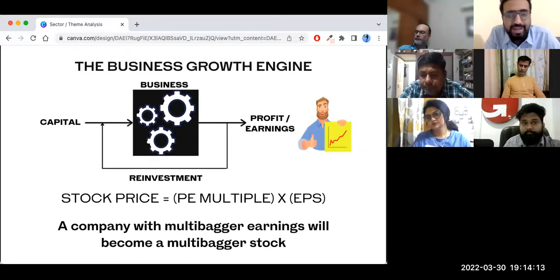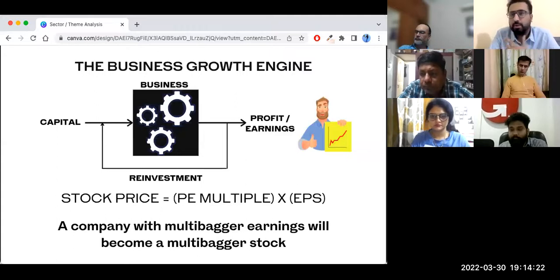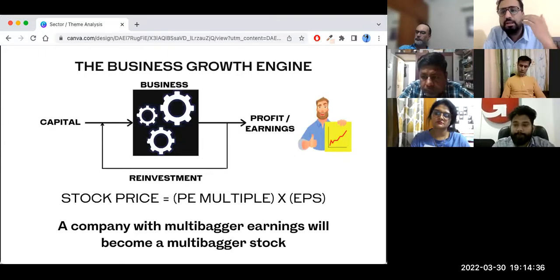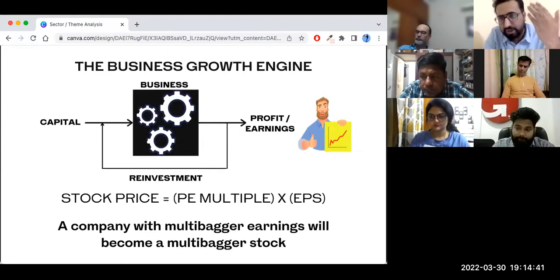So let's say on day one, I invested 100 rupees. I bought some lemons, I bought ice, I bought disposable glasses, etc. So I invested 100 rupees into the business. At the end of day one, I did 200 rupees of business, which means I did 200 rupees of revenue. I made 100 rupees of profit.